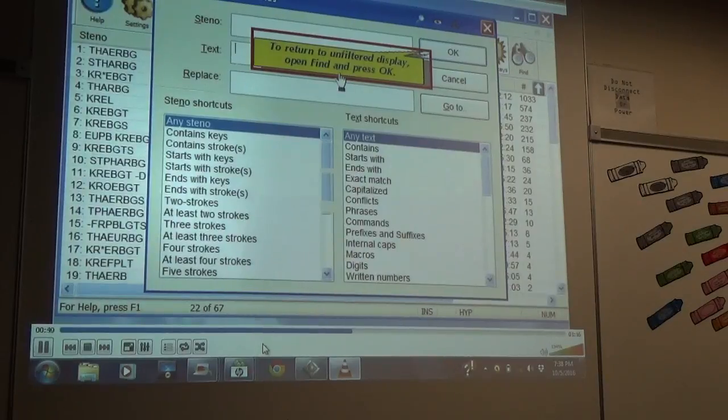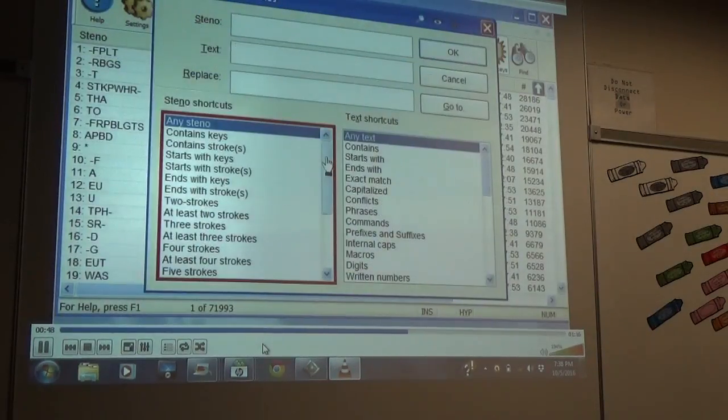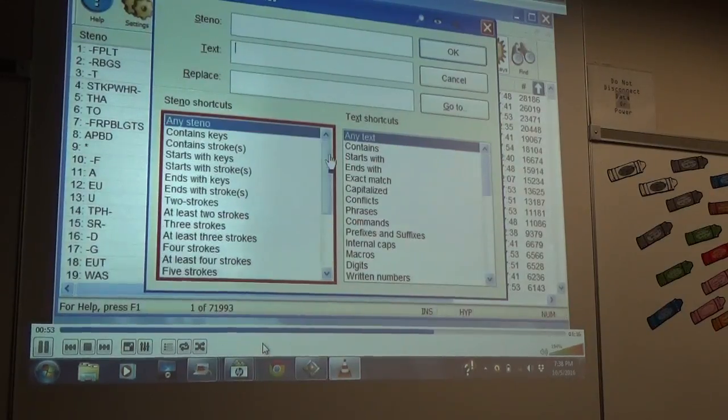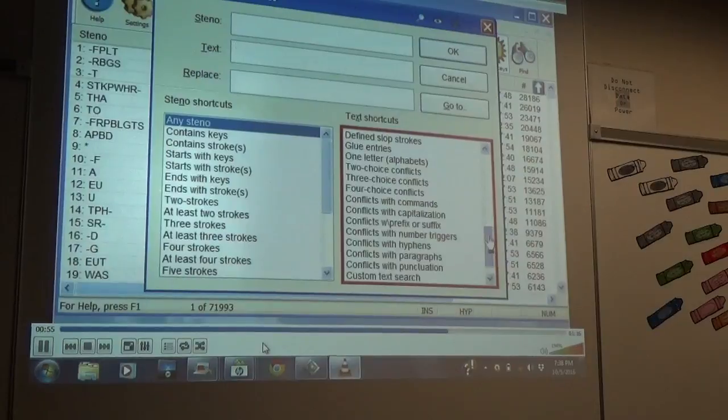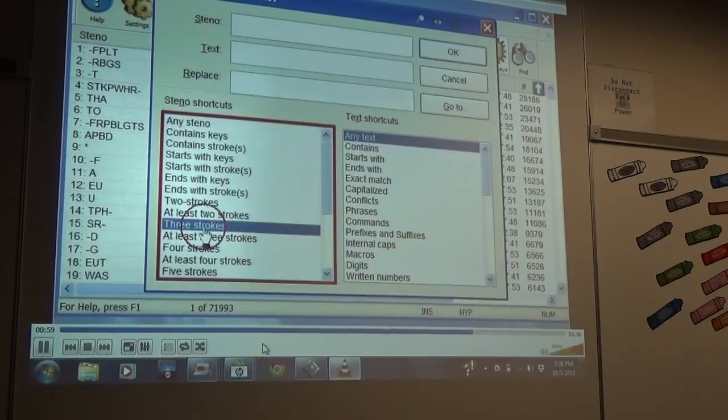I'll return to an unfiltered display by opening the Find Dictionary Entries dialog and immediately pressing OK. Let's look at the dialog again. It contains a large number of shortcuts to help you find entries that meet specific steno or text patterns, and you can combine these searches. Let's say I want to find all my